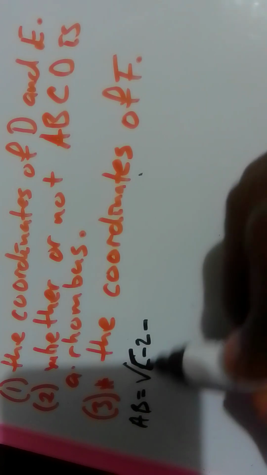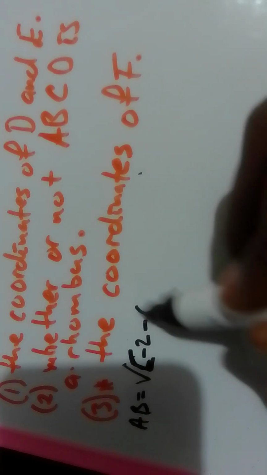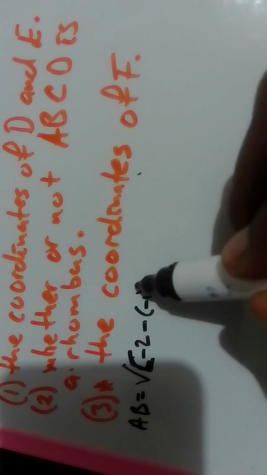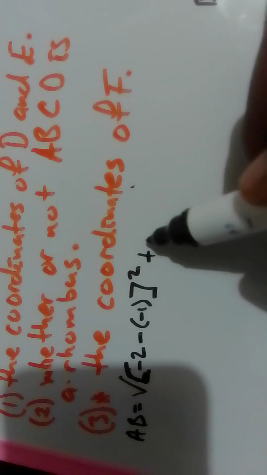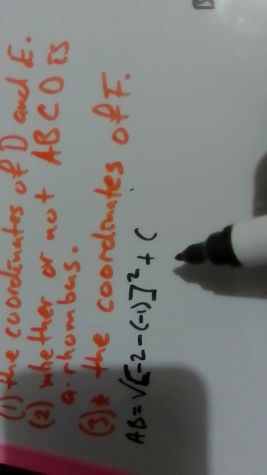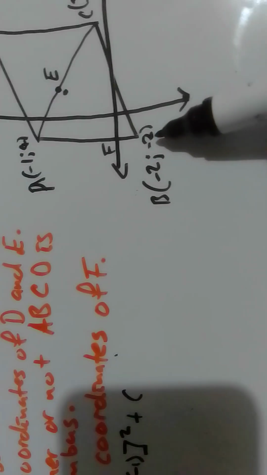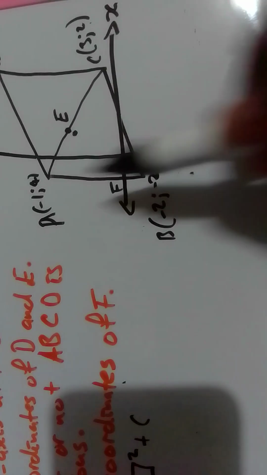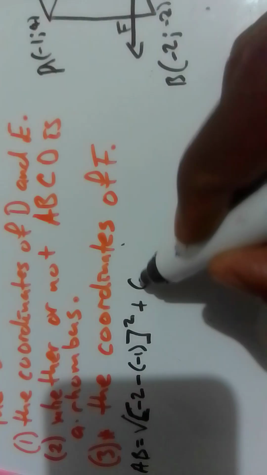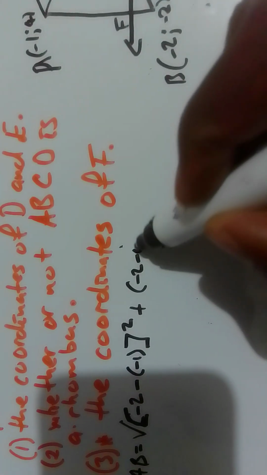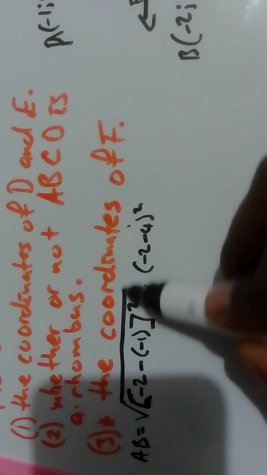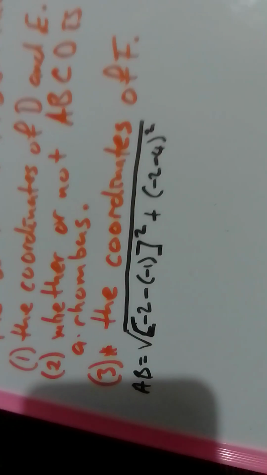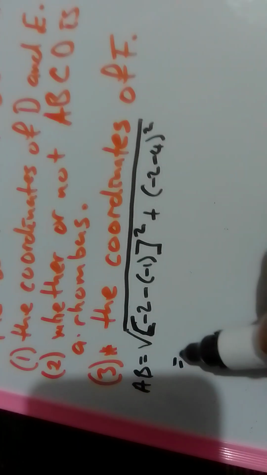So let me put square brackets rather. Then here I use curly brackets, then I put a square bracket. I say squared plus open bracket y here is negative 2 and there is 4. So I've got negative 2 minus 4 close bracket squared. Then only do I put the lid for the square root. Now, which is equals to,